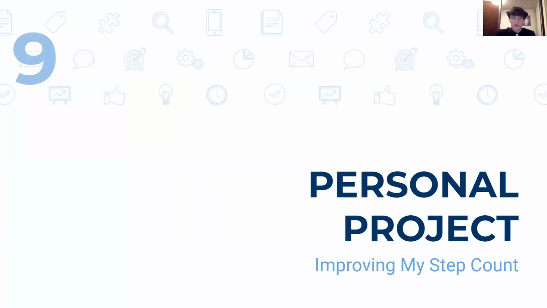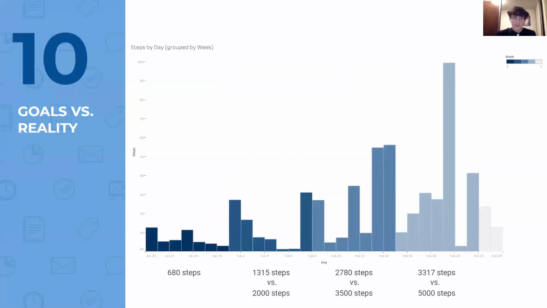As for my personal project, I focused on improving my step count. The first week of the pledge process, I had an average step count of 680 steps, which is absolutely abysmal. Nobody should be getting step counts that low. I really wanted to improve that, and so I decided to do that for my personal project. I actually ended up setting weekly goals for myself, which I was unfortunately not able to meet. You can see here in the graph that even though I wasn't able to meet my weekly goals, I still showed a clear upward trend of improvement throughout the process.